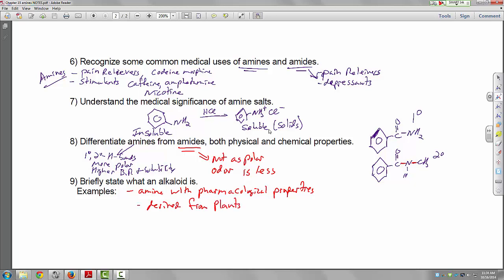The other thing about these alkaloids, they end in the suffix -ine. So up here, codeine, morphine, caffeine, nicotine, cocaine, they all end in -ine, and they're also slightly basic because